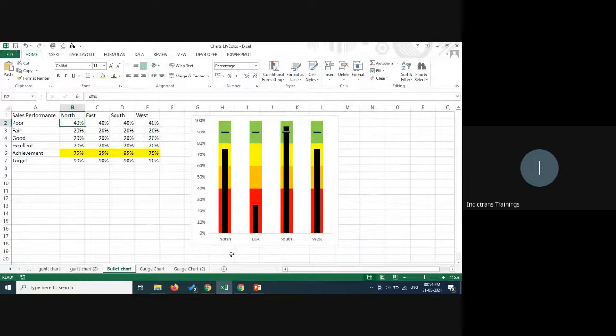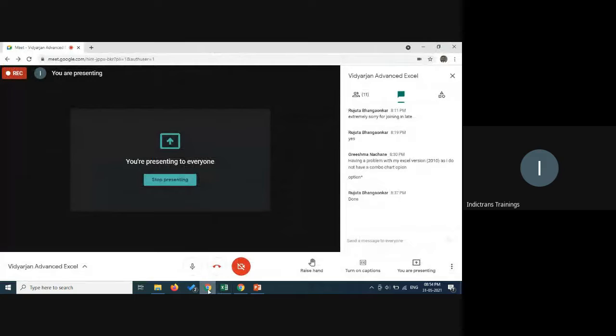So if you're trying, just do this, and it's 8:50, six minutes to go. Once you're done, you can exit. That brings an end to this course. The last three or four sessions were pretty advanced Excel. The last three sessions were heavy, but the recordings are available. You can always try this out.